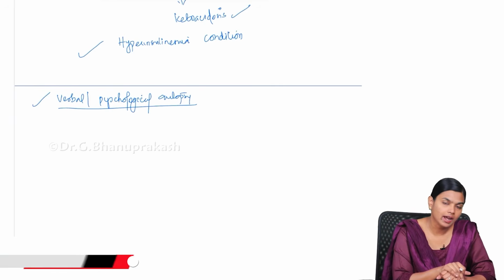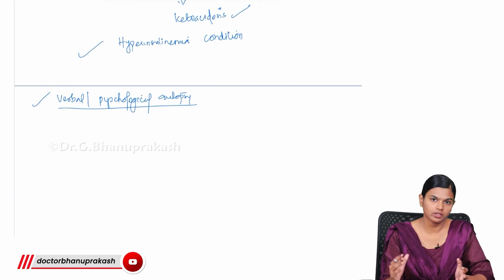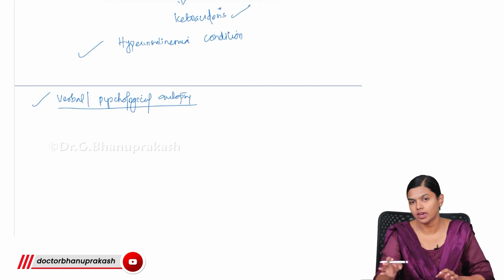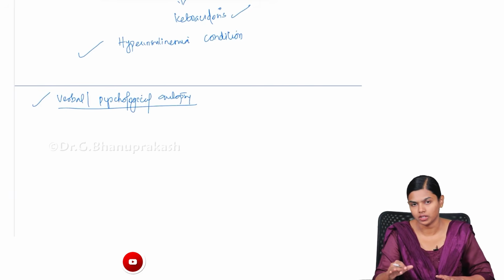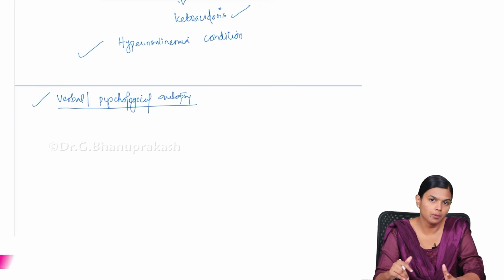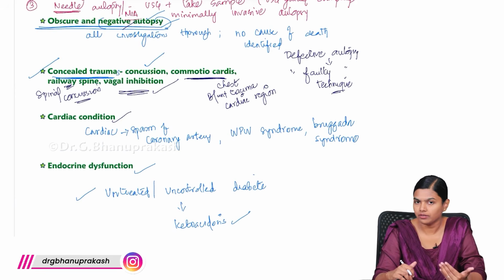Only after getting an idea can you go into the autopsy room, because there are multiple causes of death, right? So to narrow it down, you need to have the history. History is very, very important during autopsy. Like how you treat people, for autopsy also, history plays an important role. So these are the important types of autopsy that we have to know.